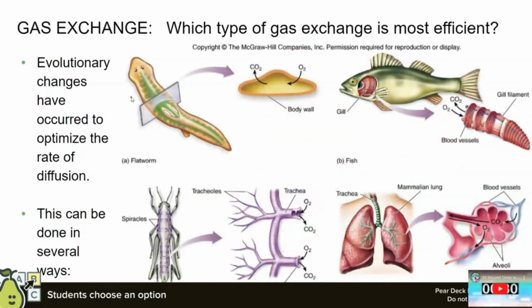All right, gas exchange. I want you to be thinking about what you think is the most efficient type of gas exchange. There are many evolutionary changes that have occurred and accomplished this goal of gas exchange in many different ways. Here we can see cutaneous respiration, where we respire directly through the skin into the body cavity, but these organisms are going to be very limited in size. If we want to get larger, we'll have to find a way to get the oxygen inside the body,